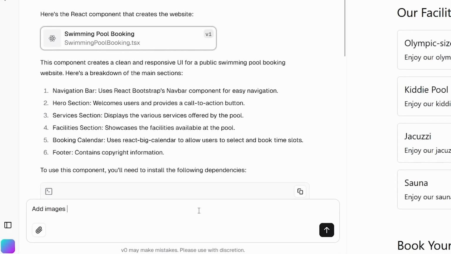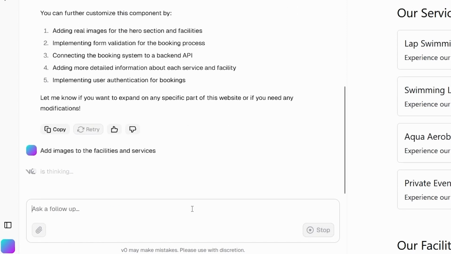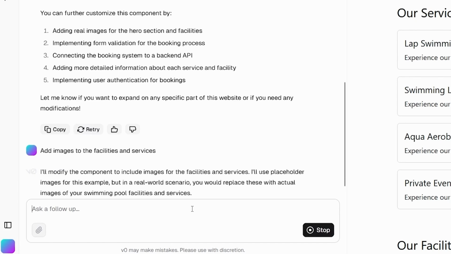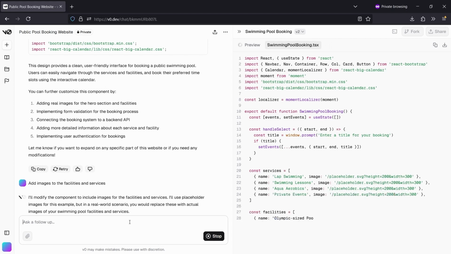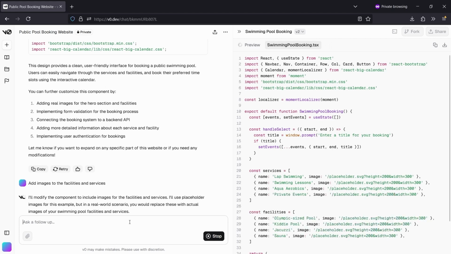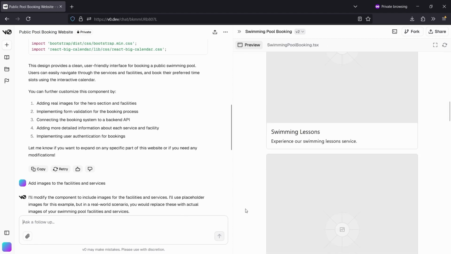So, firstly, I'd like to ask a follow up. I'd like to have some images for the facilities and the services. V0 will modify the code that it gave us based on our further questions. It's going to code this up, and we should be able to see the preview shortly. So, without having to understand any of this code, we're able to generate this UI. And here we have it. So we have some images